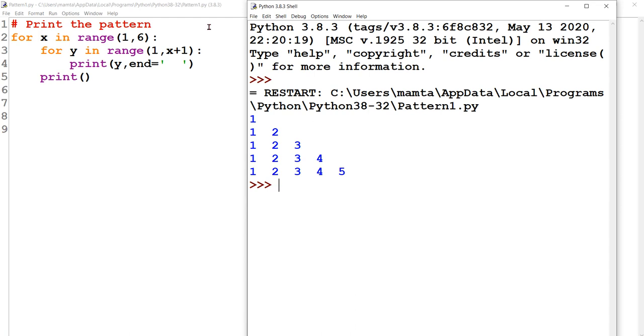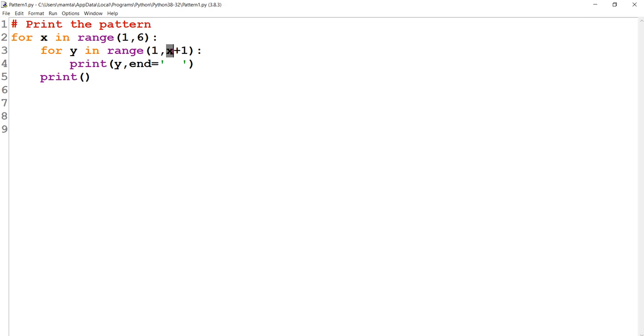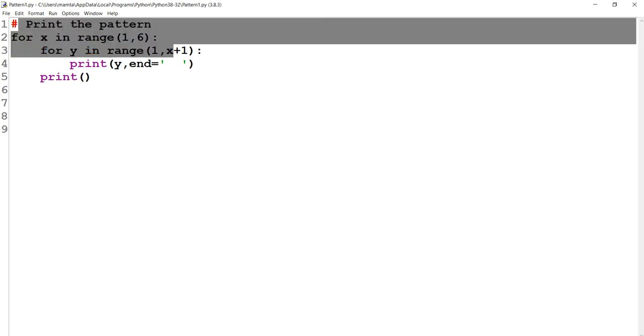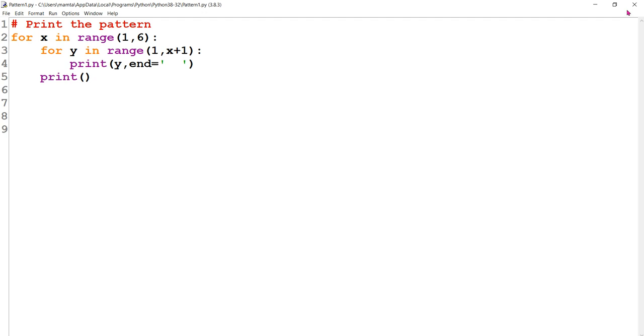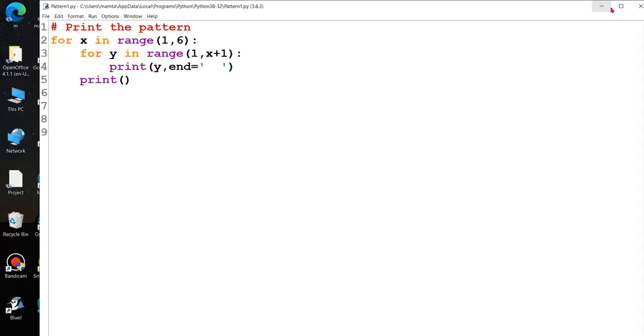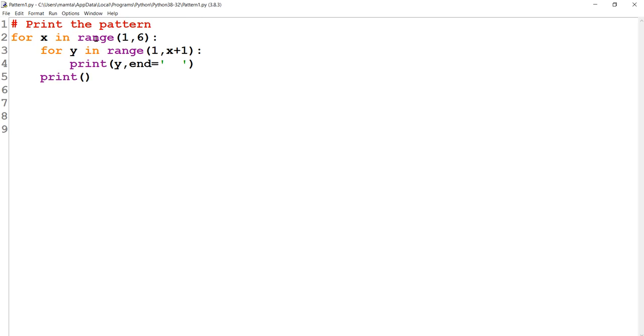Row 3, number of columns is 3, row 4, number of columns is 4, row 5, number of columns is 5. If this type of scenario is there, then we will be using the same variable over here which we have used in the outer loop. If this kind of pattern we want, then we should take the help of x in the inner loop. This way you can change it a little bit and you can create various other patterns.